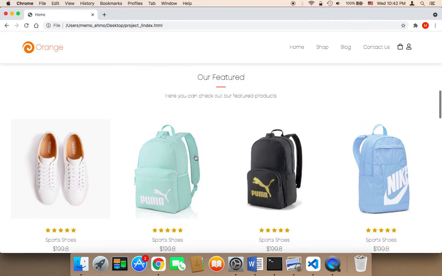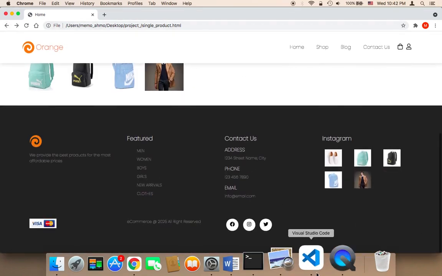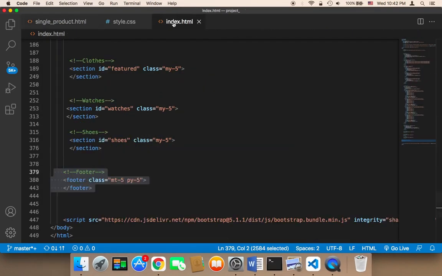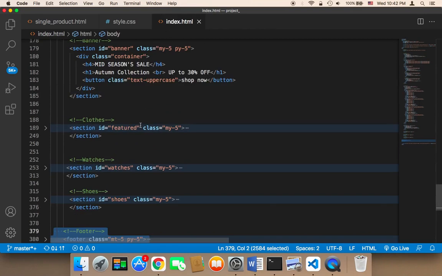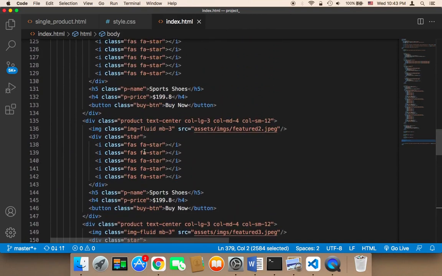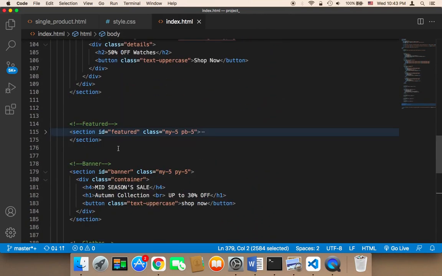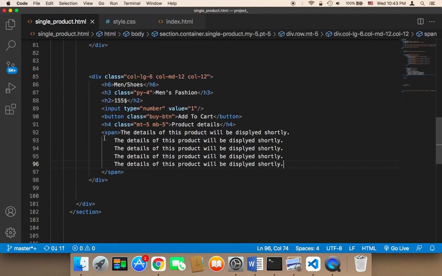We can use this featured section in the single product to display the related products. So I'm gonna head on over to the index, and remember we have the featured here. I'm gonna close it first, and then I'm gonna copy it, and I'm gonna paste it in the single product.html